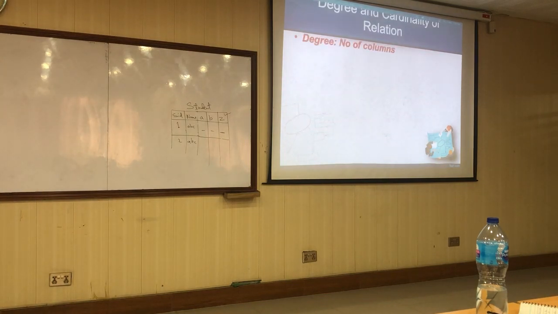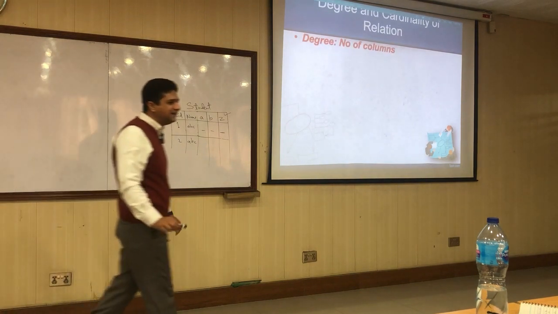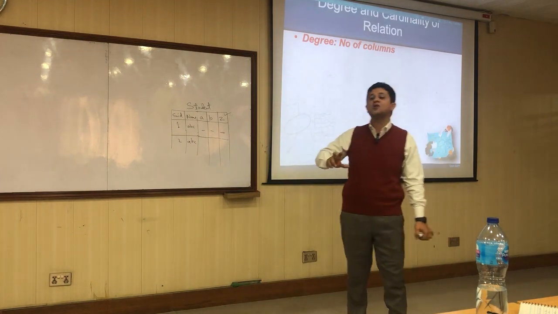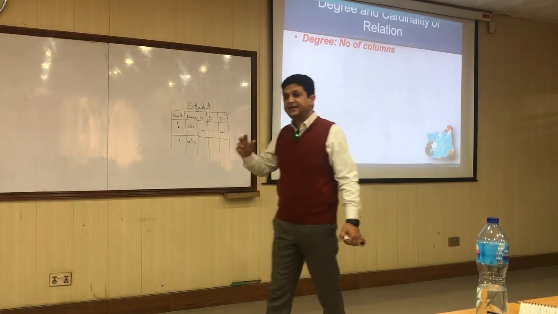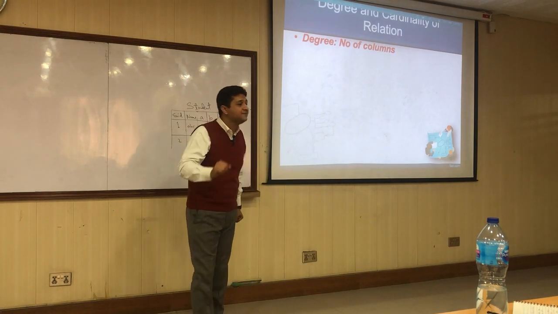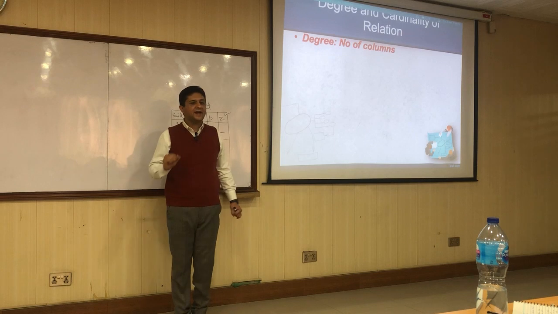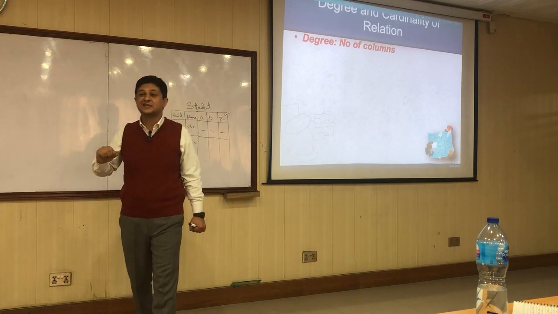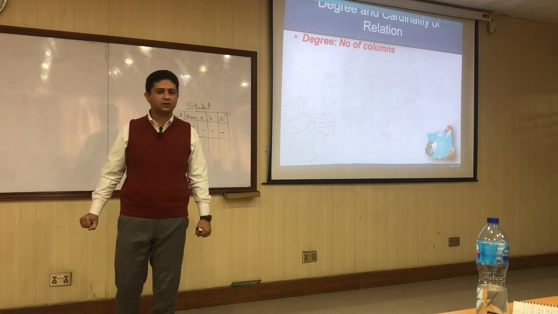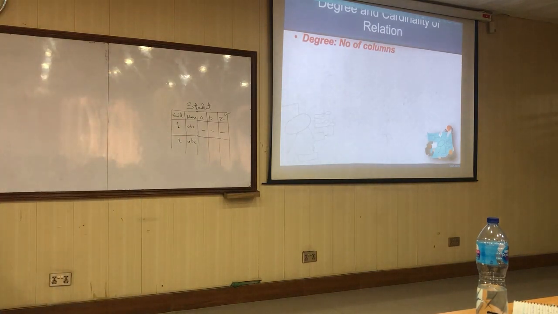So there are two new concepts: degree of relation and cardinality of relation. So far we have learned the degree and cardinality of relationship. Degree of relation simply means the number of columns of a relation, and the cardinality of a relation simply means the number of rows in a particular relation. So these are two simple